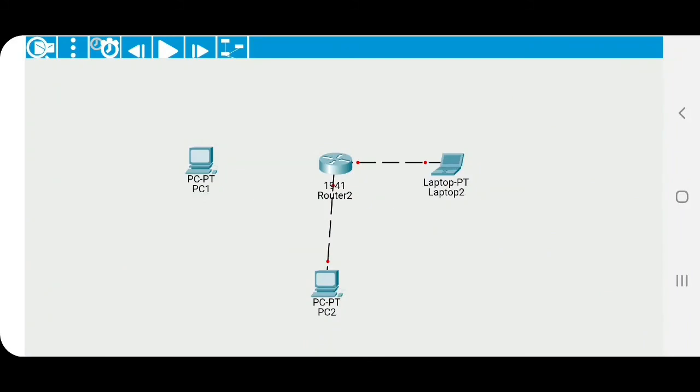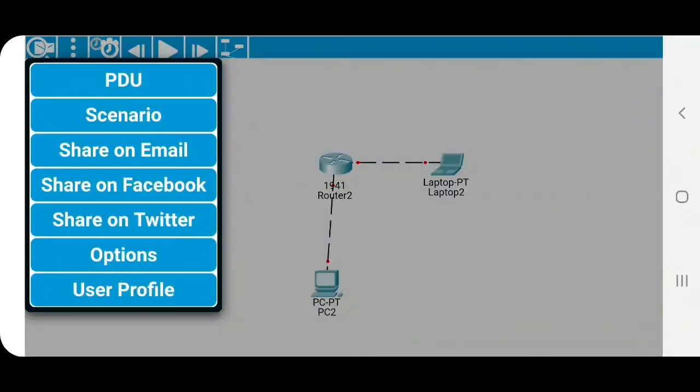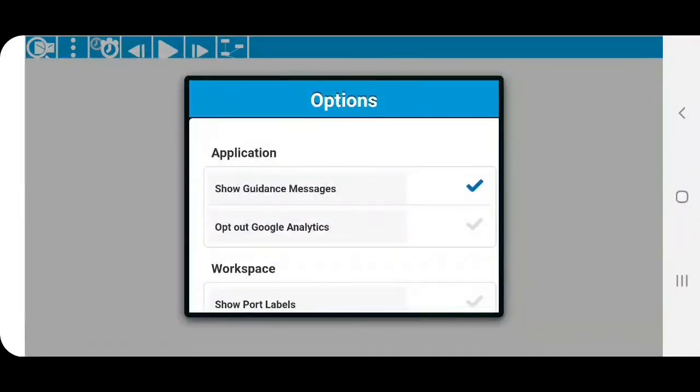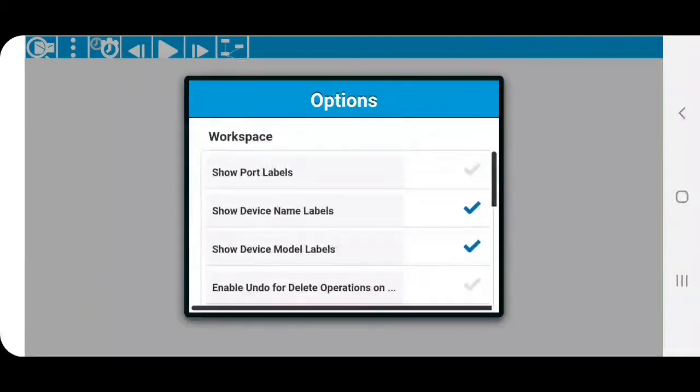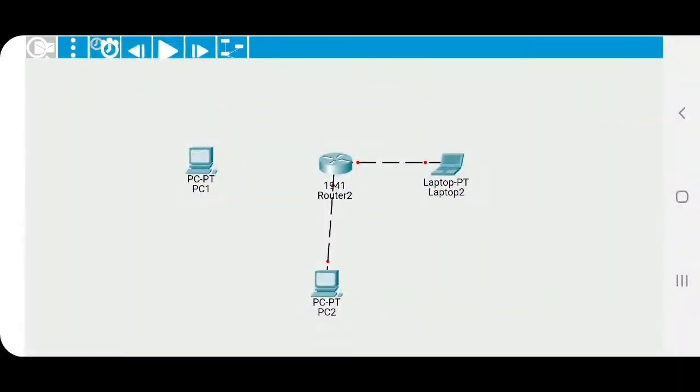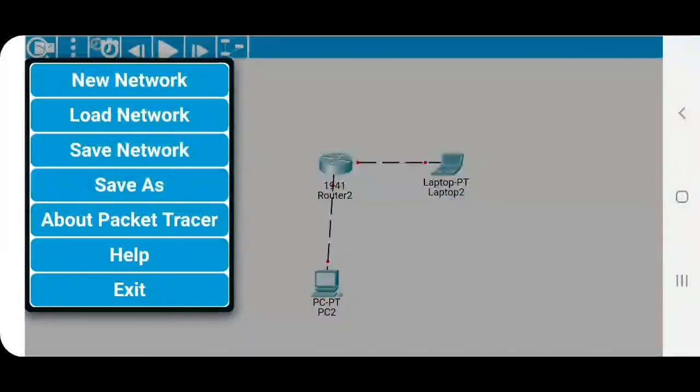Besides, you can also perform some other specifications like the scenario, and your project or topology you can share to your email, your Facebook, your Twitter and more options. This is for the application, the workspace and everything. Next, you can also load a new topology or new network.